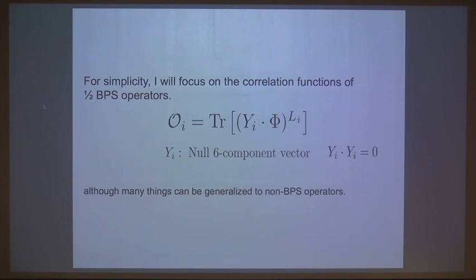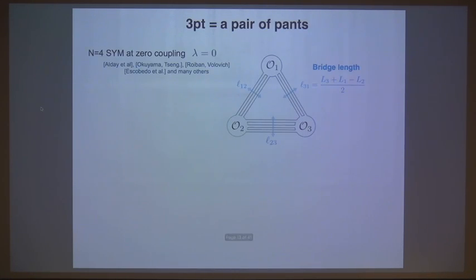So for simplicity, today I will focus on the correlation functions of half BPS operators, which are of this form. Here, phi is a scalar contained in N=4 super Yang-Mills theory, and the yi's are null 6-component vectors satisfying this relation. But I should emphasize that many things can actually be generalized to non-BPS operators. So let me start from the simplest